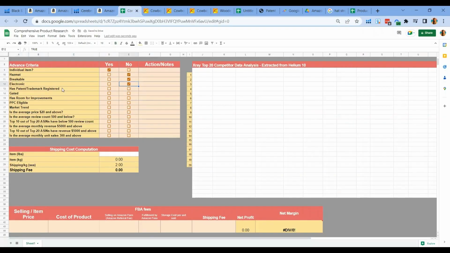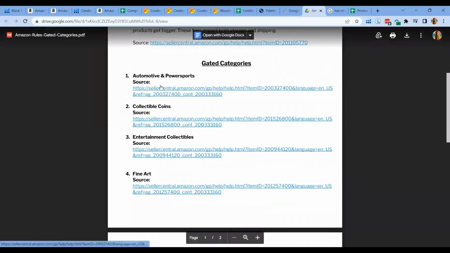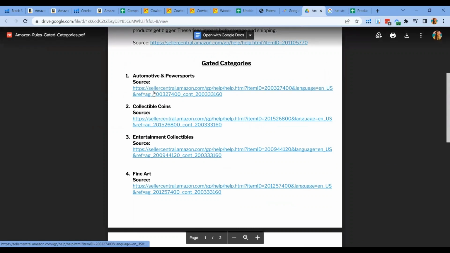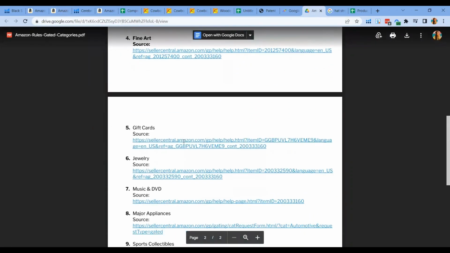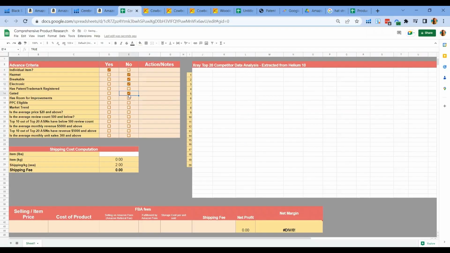So another good sign. Now, for gated, you can also check that by looking up the gated products on Amazon. You can type, what are gated products on Amazon, and you can have that here. So the list of the gated categories, you can check if this product is one of them. I'm going to go back to my sheet and it's not gated, okay?